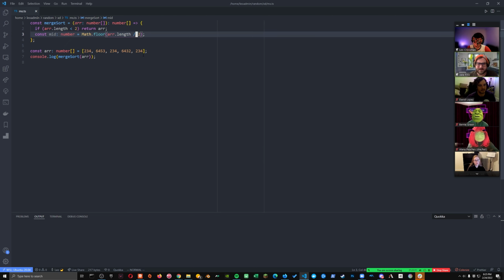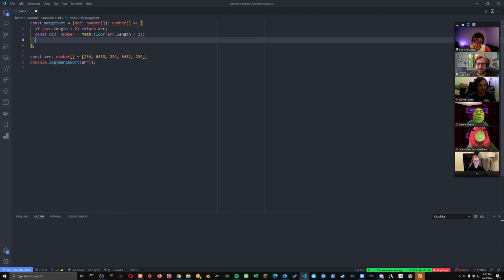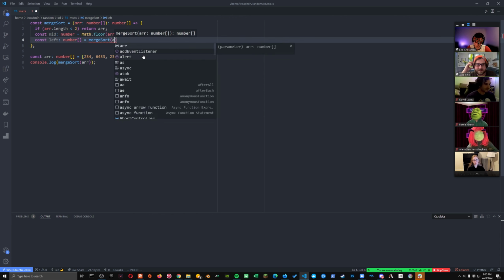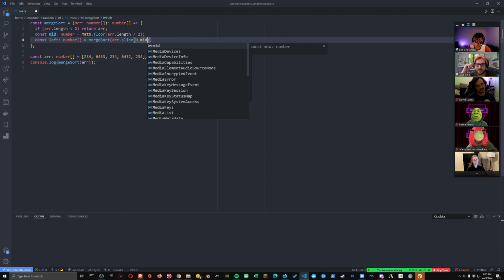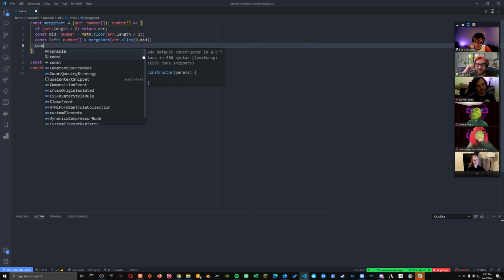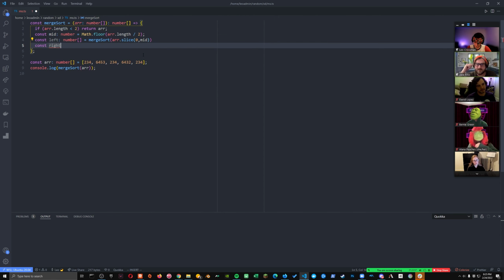Okay, cool. So now I think I can go to the next line and just say left and say it's going to be an array of numbers. And then again, and now I say, what do I want to do? I want to call MergeSort recursively on array.slice of 0 to mid. Yep. And then const right, which would be